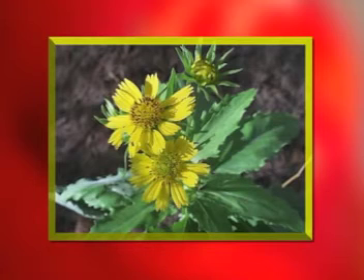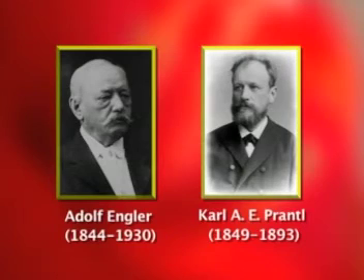Engler and Prantl included the keys and descriptions of all known genera of plants from algae to angiosperms. Their system of classification is based on the trends of evolution in existing families. In this system, the plant kingdom is divided into 14 divisions. These are